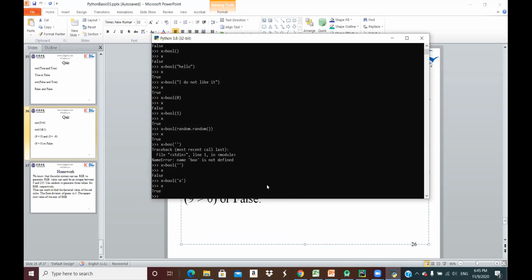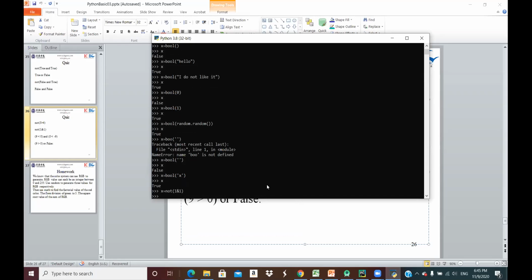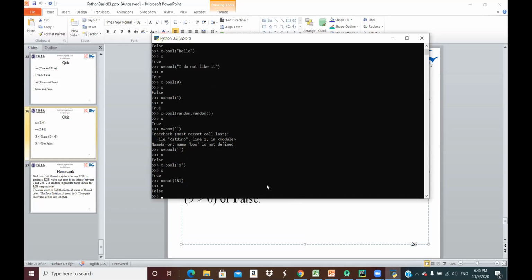Okay, let me do this. X equal to, right? So now let me ask, what is X? It is false. Now let me change either one to 0. Now you see what happens. It becomes true. You just treat this as a logical and. If it's a 1 and a 1, that means